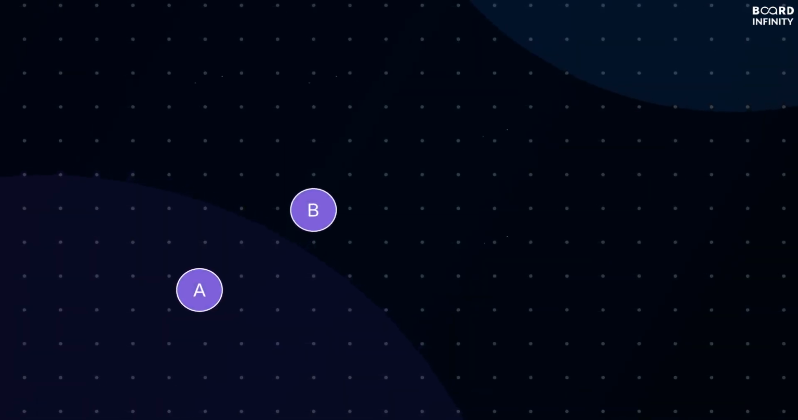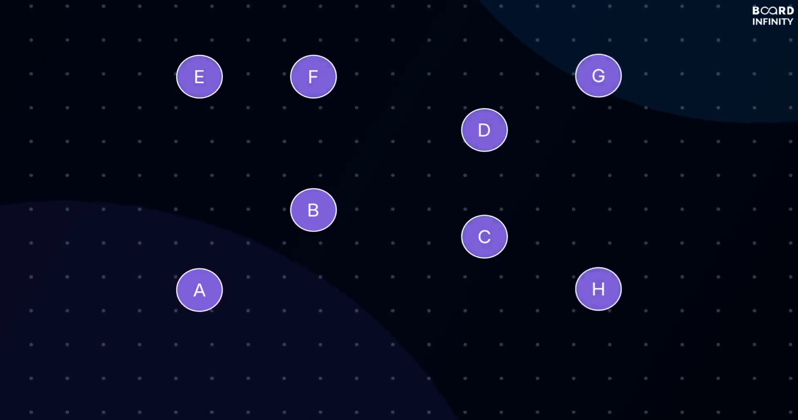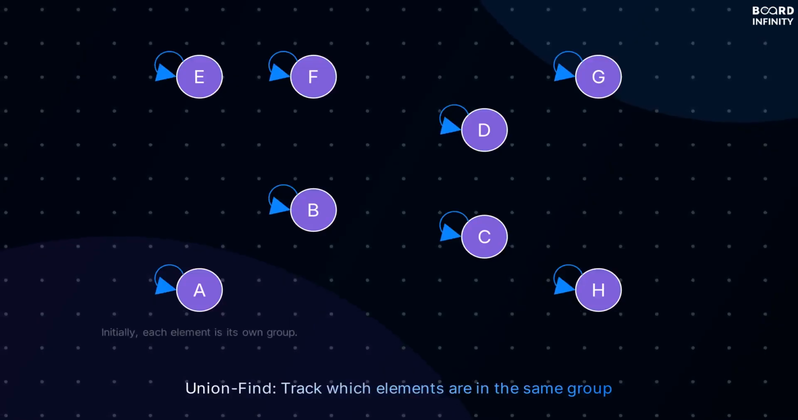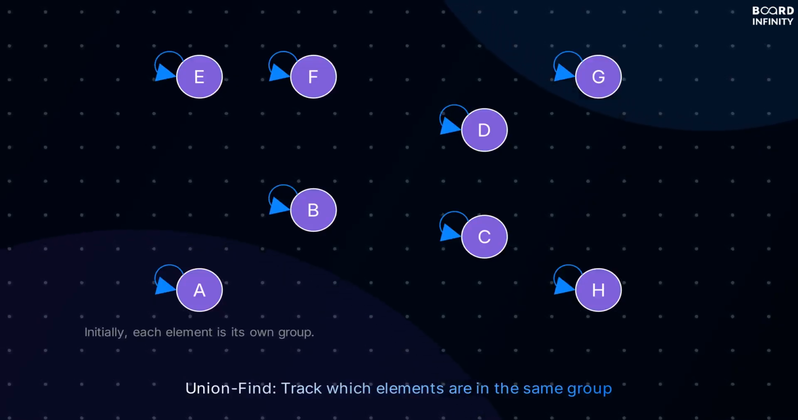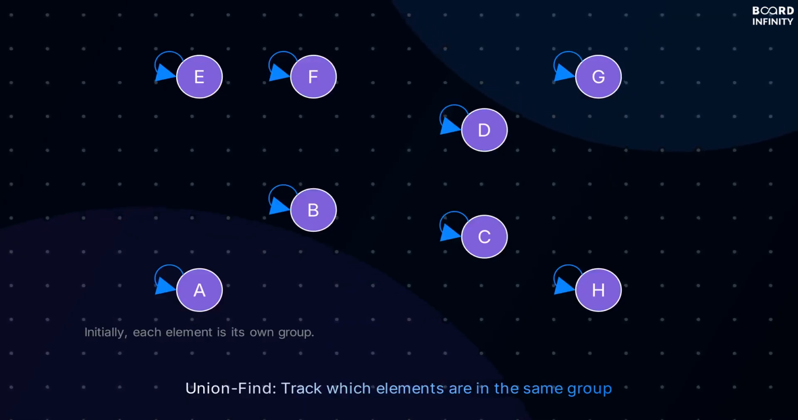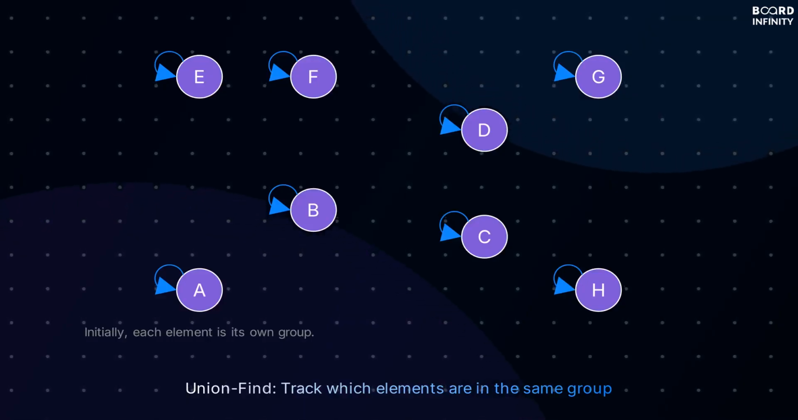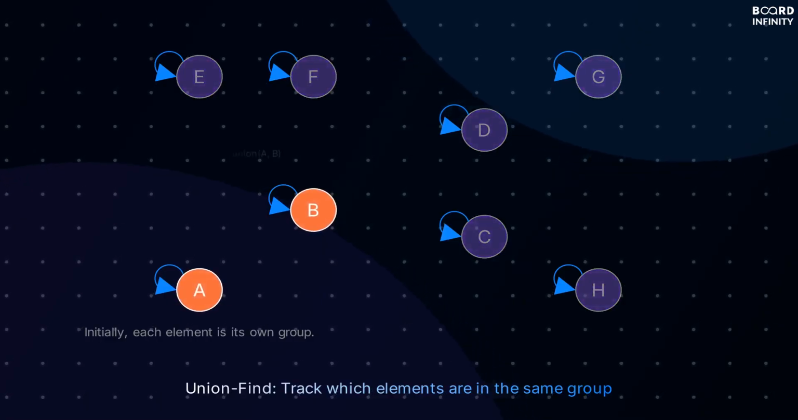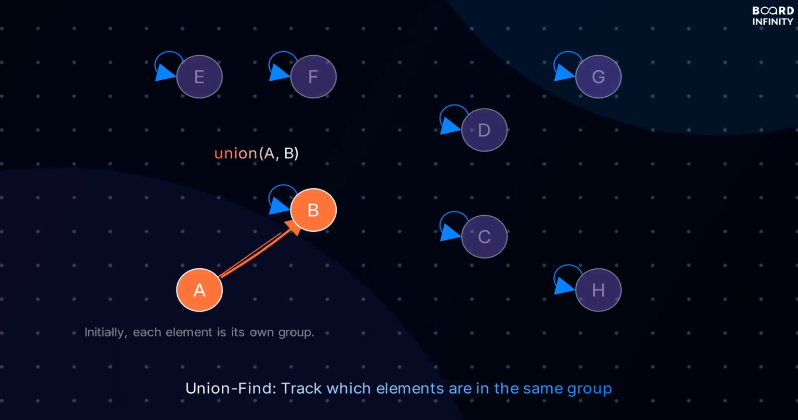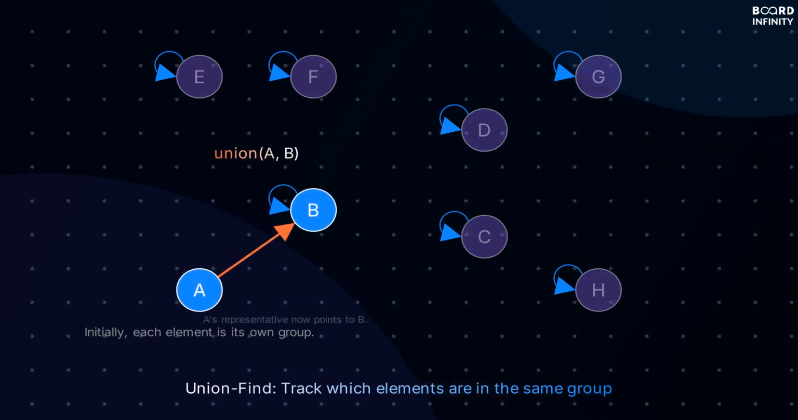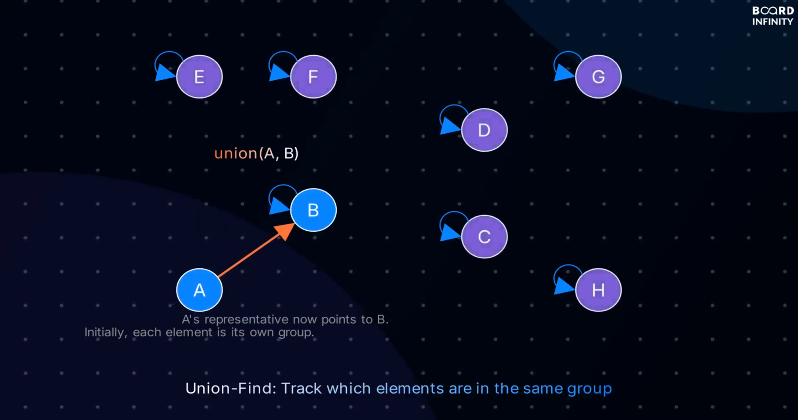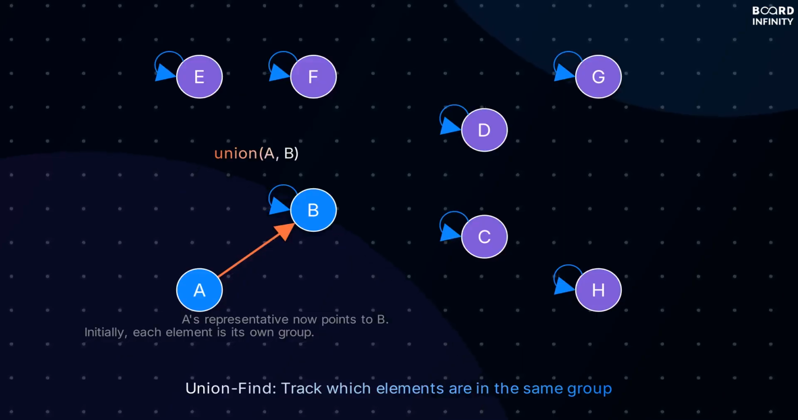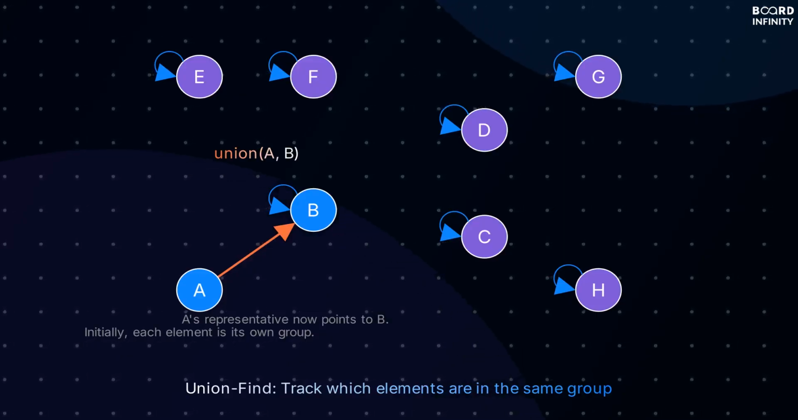Next, union find. This structure solves a specific problem: quickly determining if two elements are in the same group and efficiently merging groups together. Initially, each element is considered its own group, represented by itself. Instead of storing every connection between elements, union find assigns a representative to each group. When we perform a union operation, we merge two groups by making one group's representative point to the other, establishing